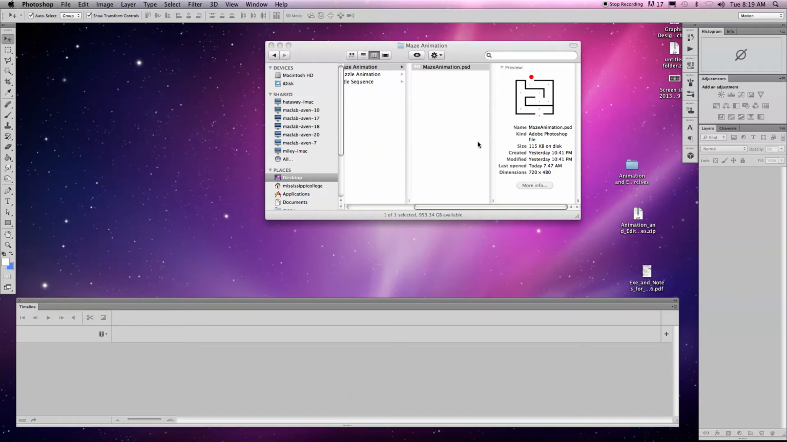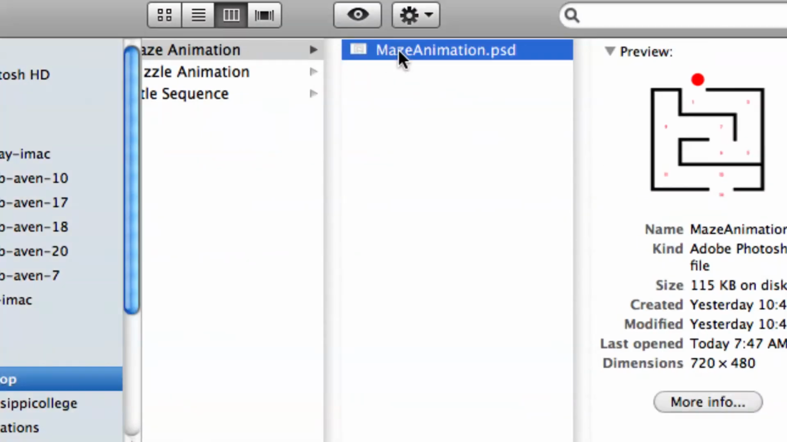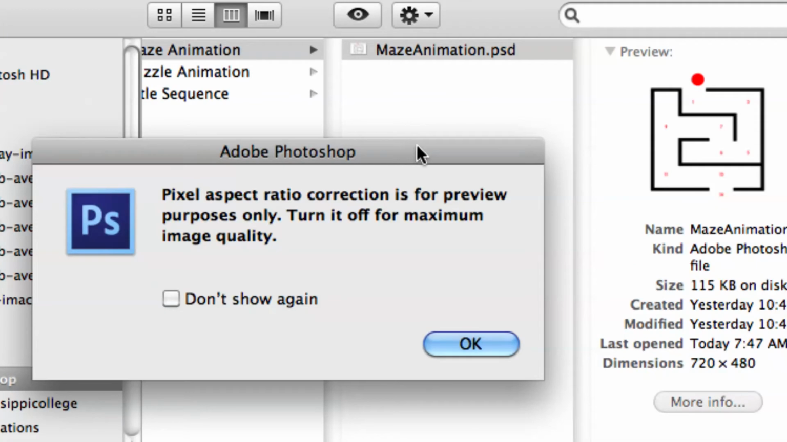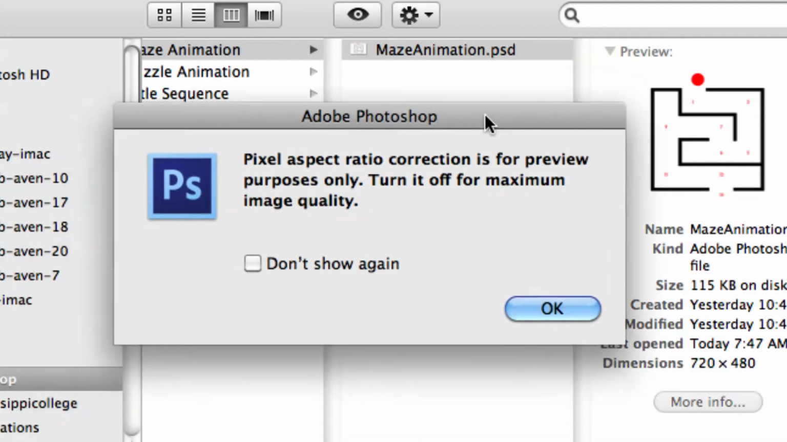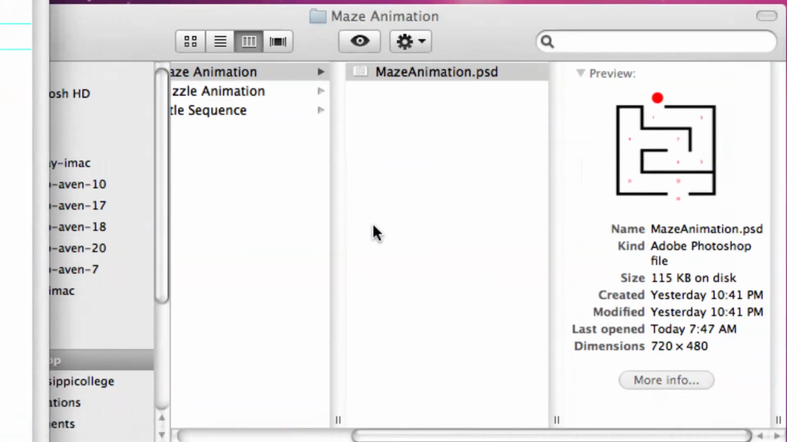So the first thing I want to show you how to do is how to add basic motion to a graphic. When you download, there are 3 different exercises. I'm going to open up the maze animation exercise. If you open it up, you may get this error. It says the pixel aspect ratio is a little bit different. When I created this, I used that